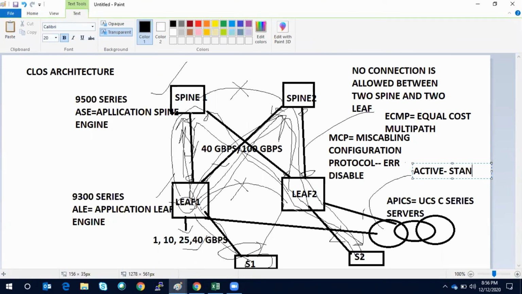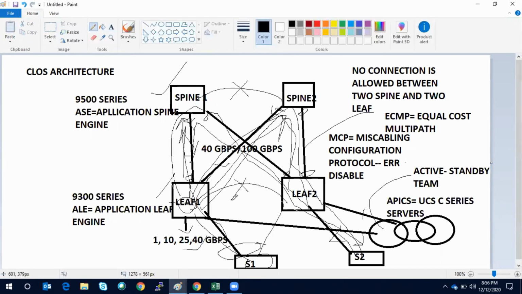I hope you understand active standby teaming, because NIC teaming, we all know, is a kind of port channeling at the server side. So this guy will be active and this guy will be standby. Until this connection is okay, the other connection is not going to be used, because this is active standby NIC teaming at the server side.